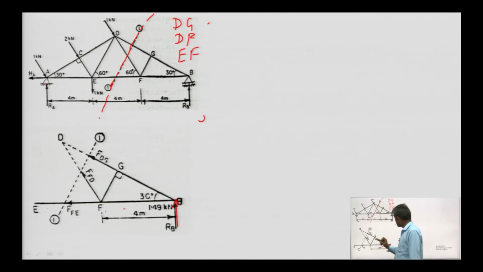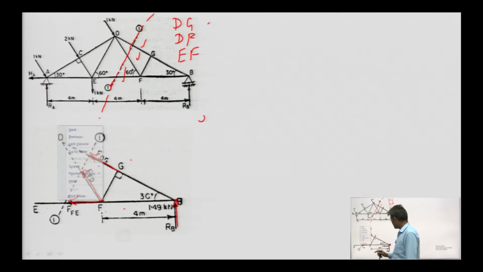Joint F is here, joint G is here, and since these members have been cut by this section, force FDG, another force FDF, and this third force FEF